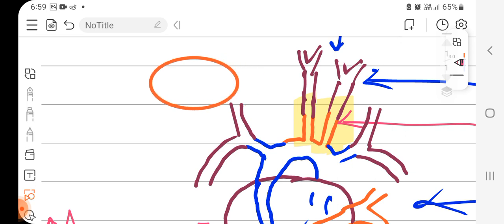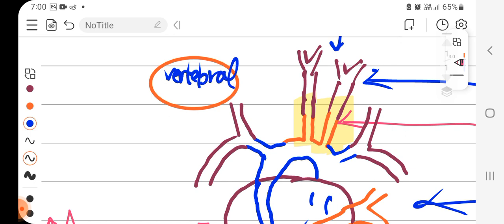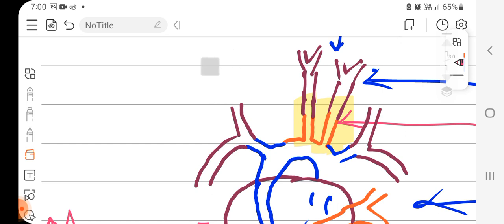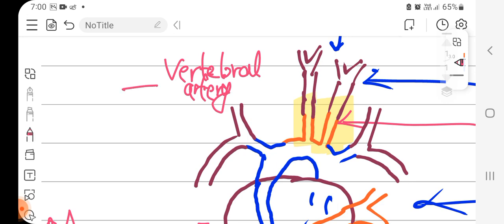This is known as the vertebral artery. Vertebral arteries supply blood to the neck region,